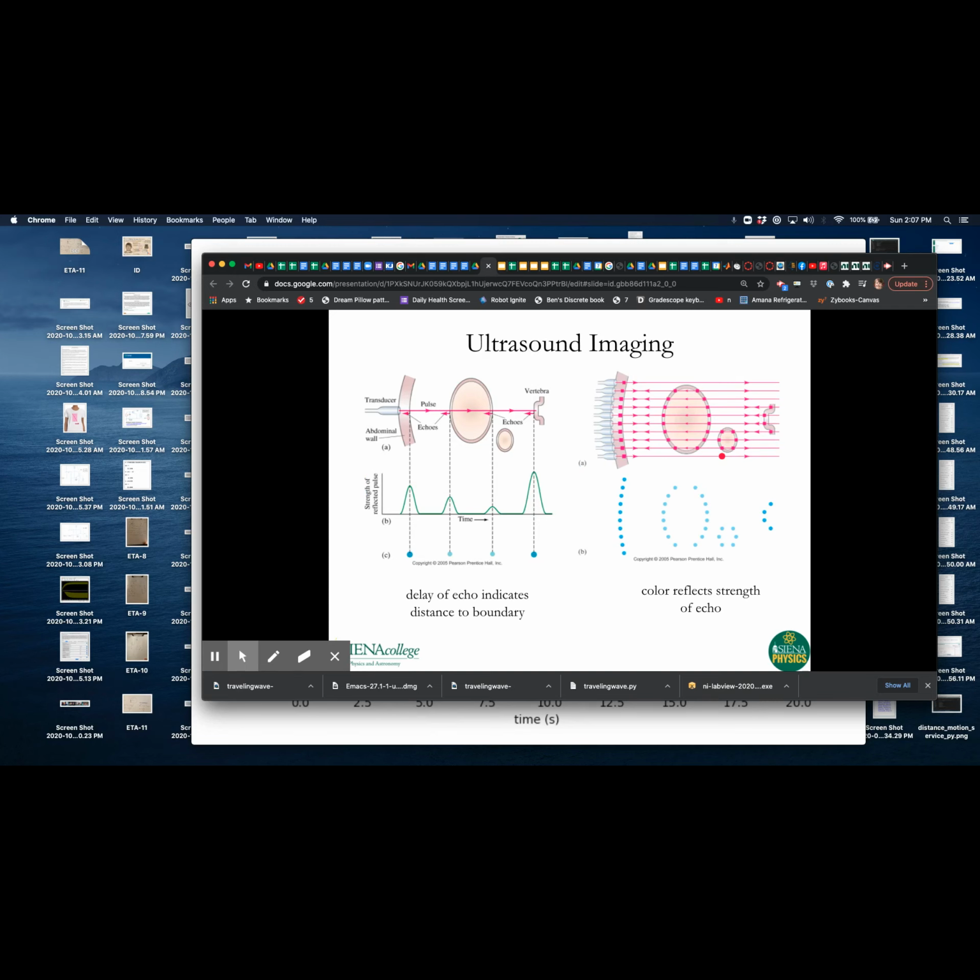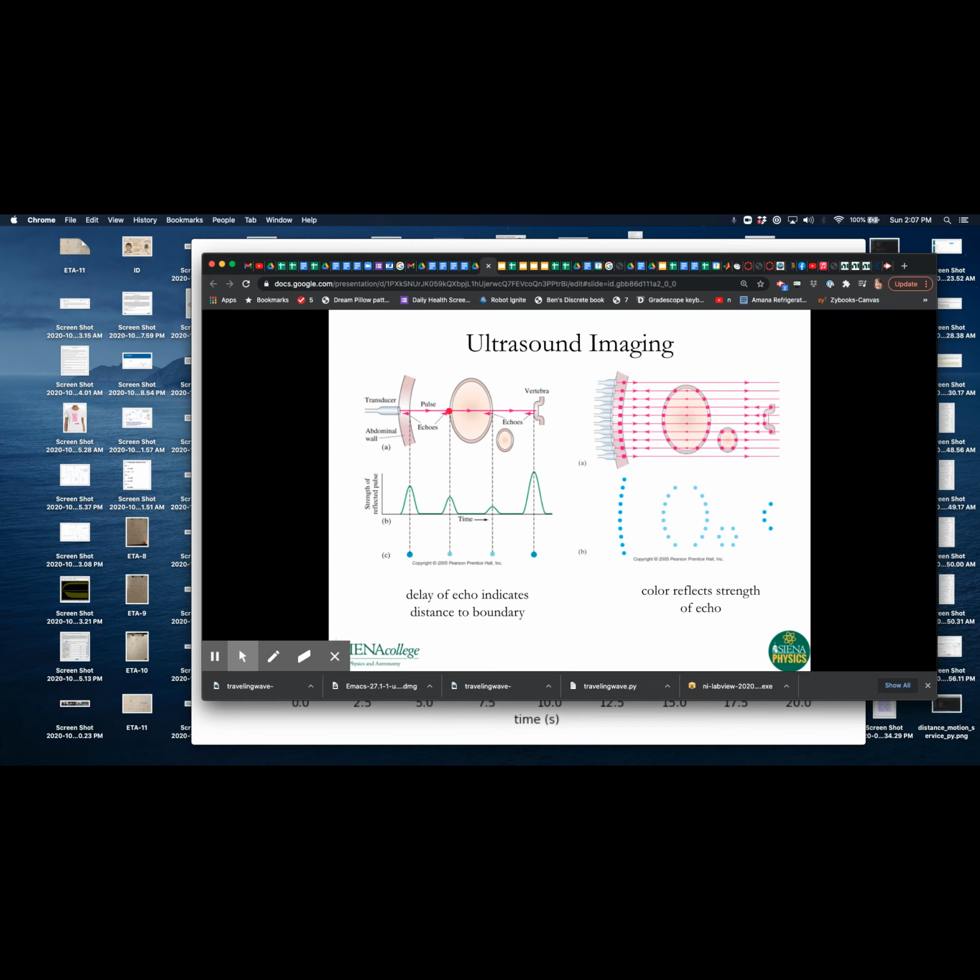I think this is our last slide, and this is about ultrasound imaging. So ultrasound imaging uses really high frequencies, so much higher than human hearing. And I think it's somewhere around 2 megahertz where they use ultrasound imaging. And so what they do is they create this sound wave here. So imagine this is the abdominal wall. The wave goes through the abdominal wall, and what they're detecting is reflections from